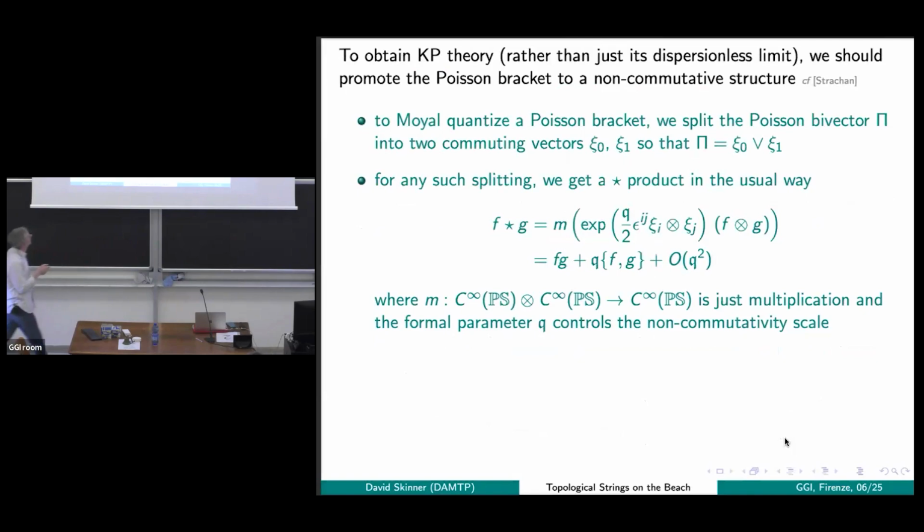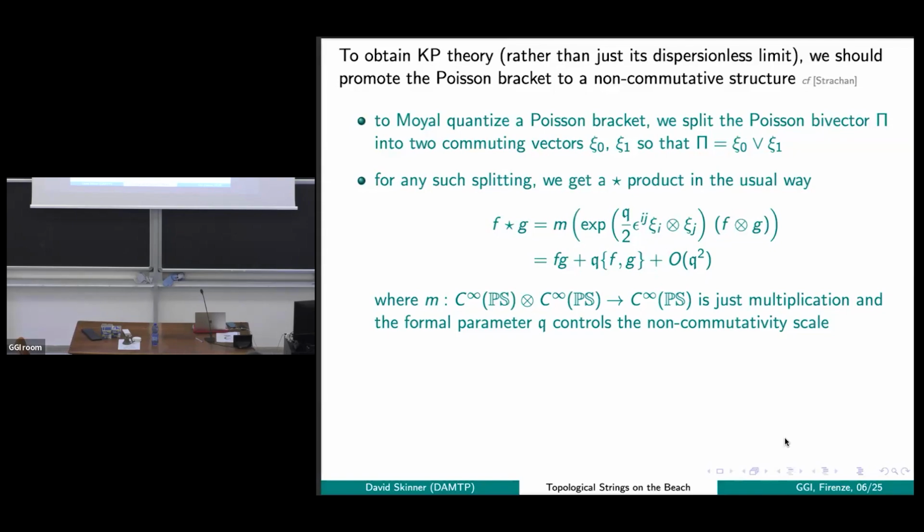Well, in Moyal quantization, the first thing you do is you take your Poisson bivector, your Poisson bracket, and split it, write it as a pair of commuting vector fields. And then, given these pair of commuting vector fields, you define a star product between any two functions to be, well, firstly, you just imagine the functions as living in separate variables, if you like, in separate spaces, and you take the exponential of these two vector fields that we split our Poisson bracket into, where whoever's the first one here always acts on f, and whoever's the second one here always acts on g. And then at the very end, having worked out this infinite series of various derivatives, you just multiply them together. In other words, you just say, actually, they always lived at the same place. But you do that at the end.